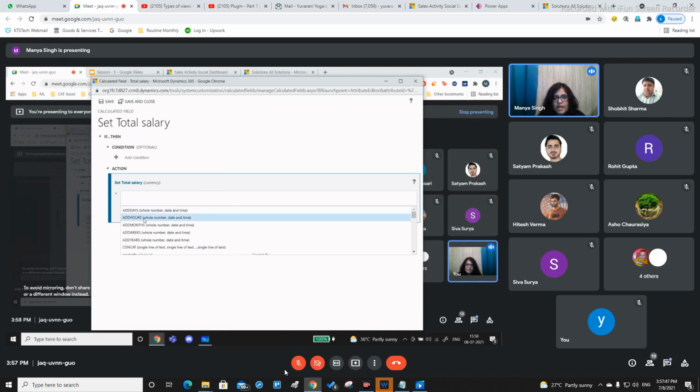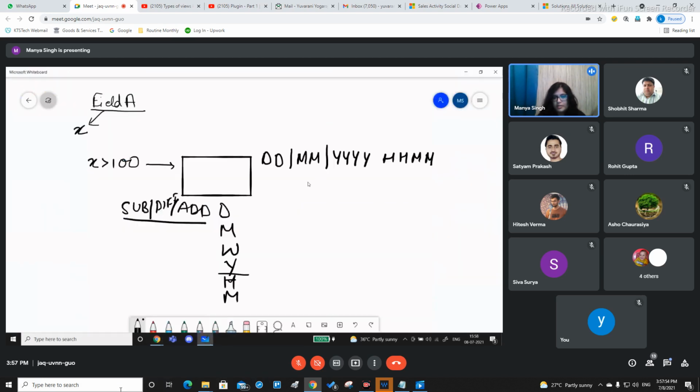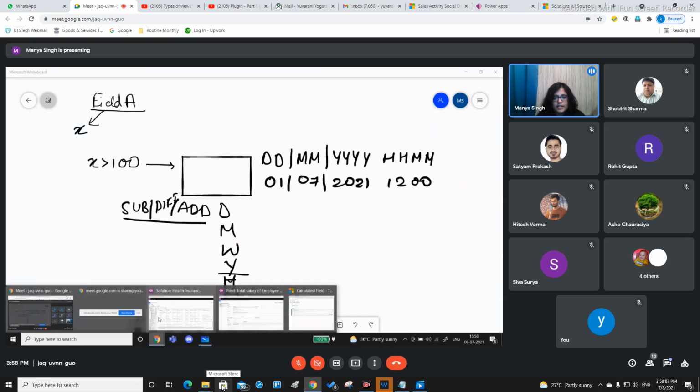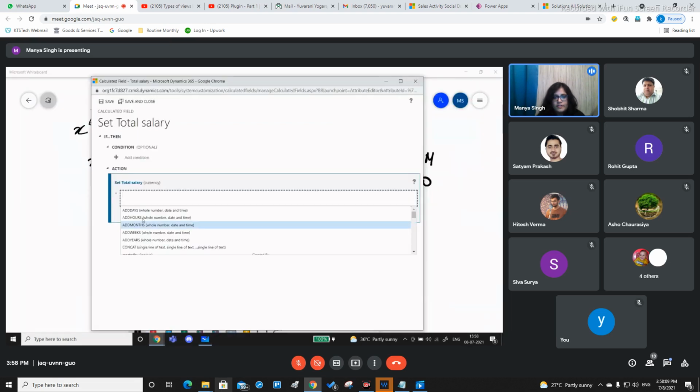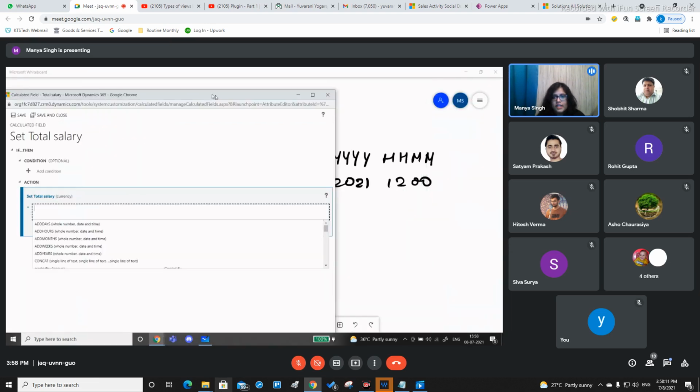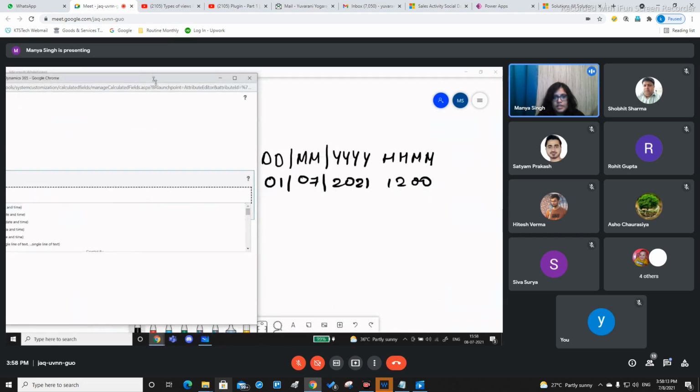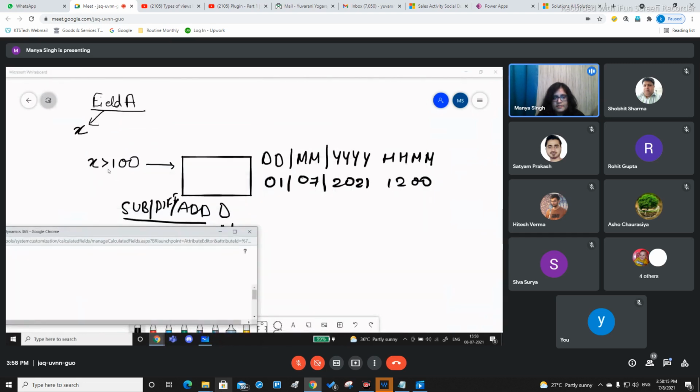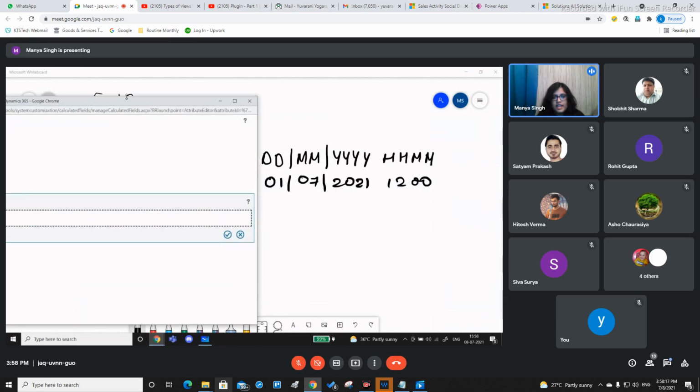So we have the add option for adding a few days. Now if I'm going to add a few days to any particular date, say for example 01 07 2021, this is 12:00. Take for example adding of days. I've taken up a whole number field, this whole number field is x. So if this x is 100,